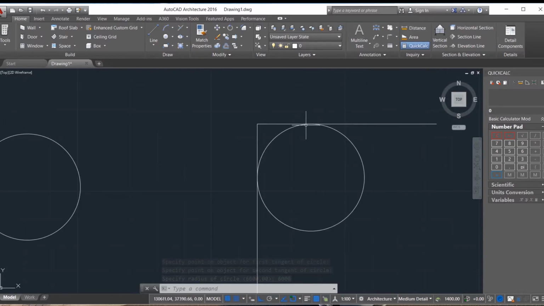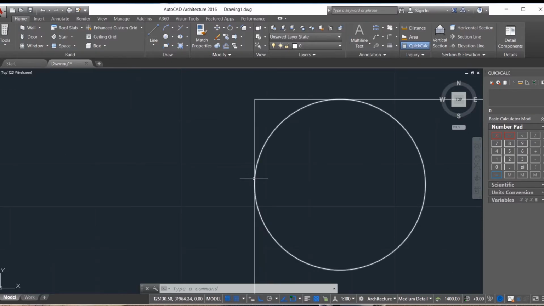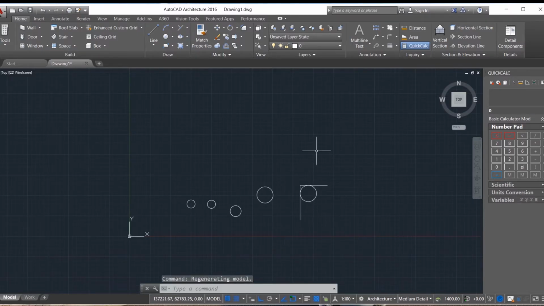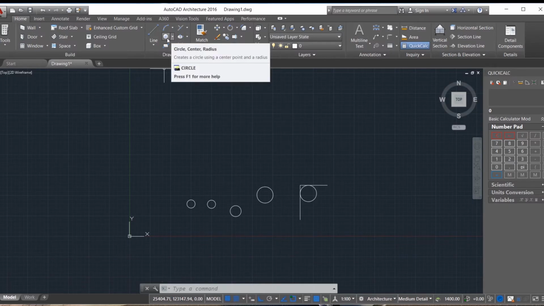So you can see we have a circle here which makes these two lines tangents. And as you can see, where we clicked as we want it to be the tangent, that is where we have the tangents. Okay, so let's move on to the final method for drawing a circle, which is the tangent